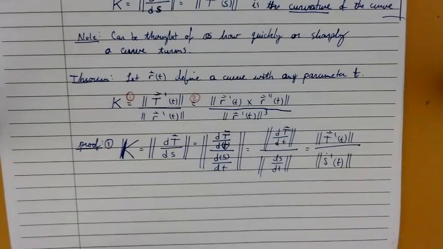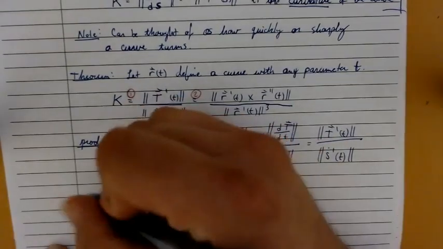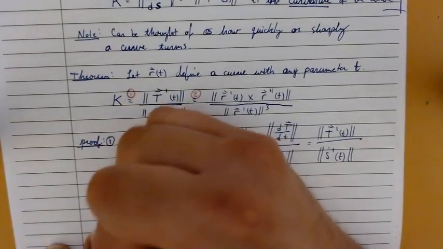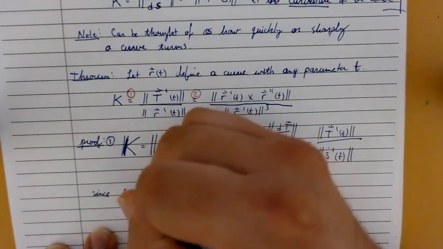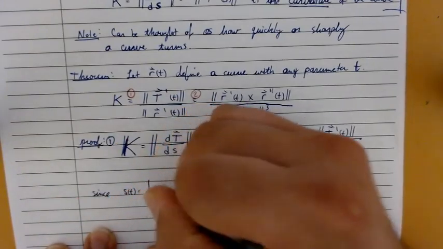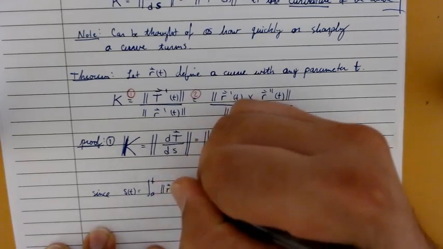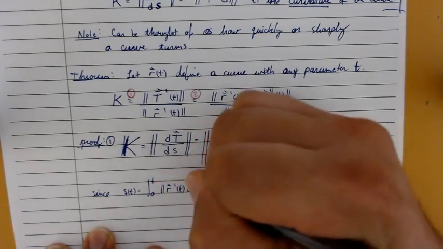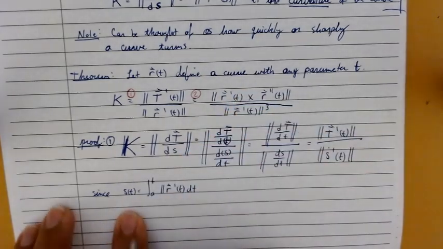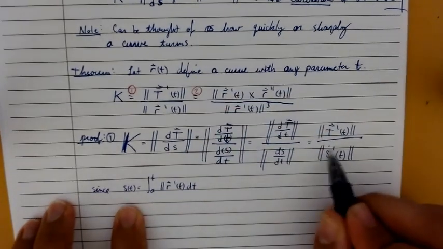But since s of t is, by definition, the integral from a to t of the magnitude of r prime of t dt, then if I take the derivative of s, which is what I have right here,